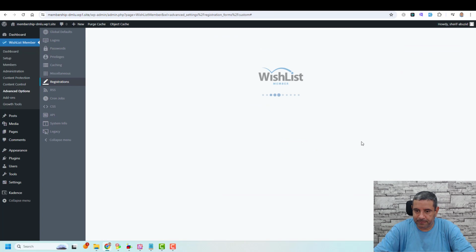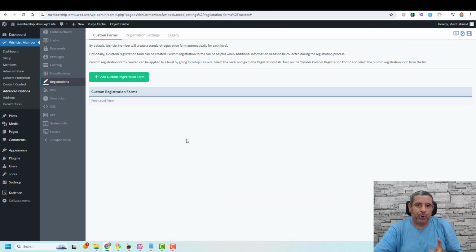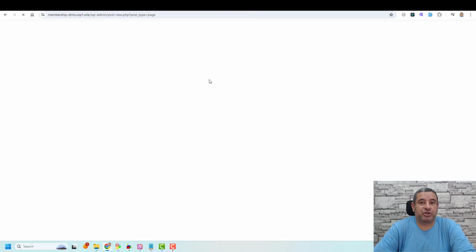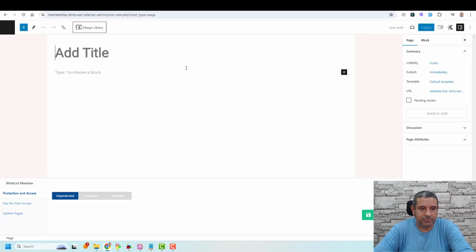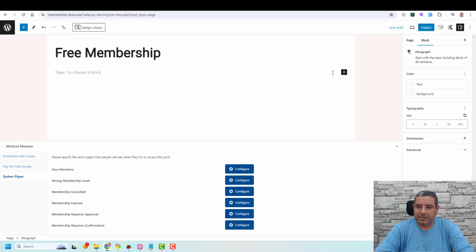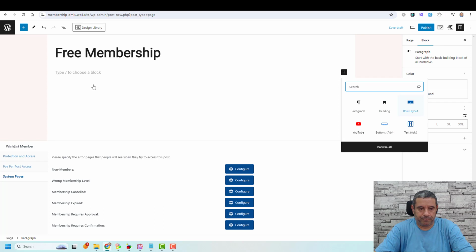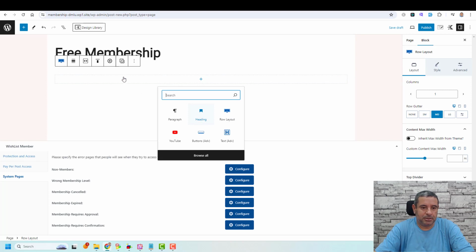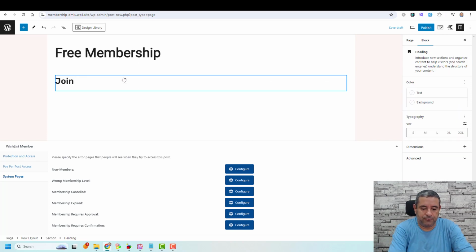And let's click save. Now, of course, you need to protect certain parts of your content that can be accessed only by the people who have access to the free membership level. Then what you need to do is create a new page, and let's call this free membership, for example. And here we can add a row. Click here, add a heading, and let's say "join for free"